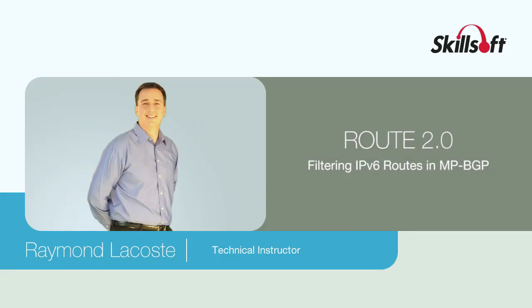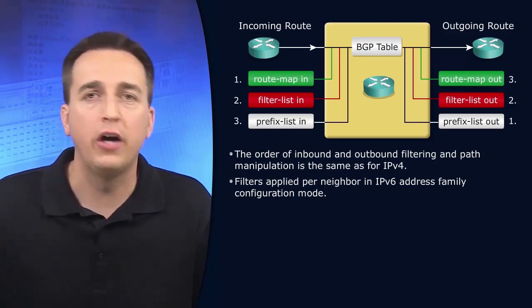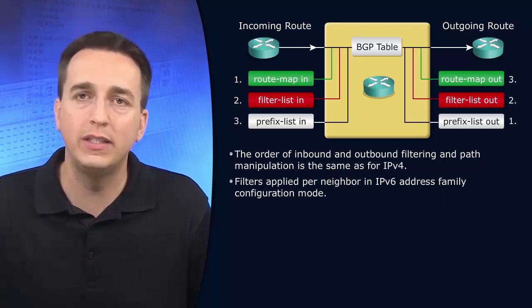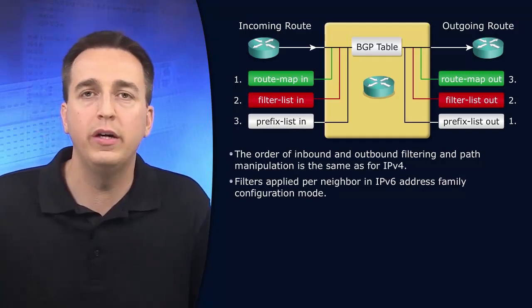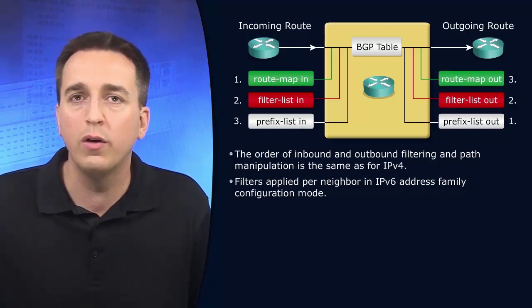Without a doubt, you will perform filtering with BGP. You're not going to want every single route from the internet, and you're not going to advertise every single route to the internet. So therefore, you're going to be playing around with route maps, filter lists, prefix lists, and the order of operations